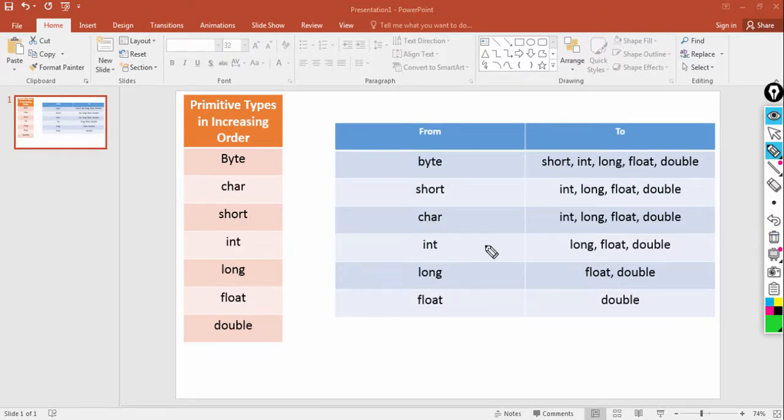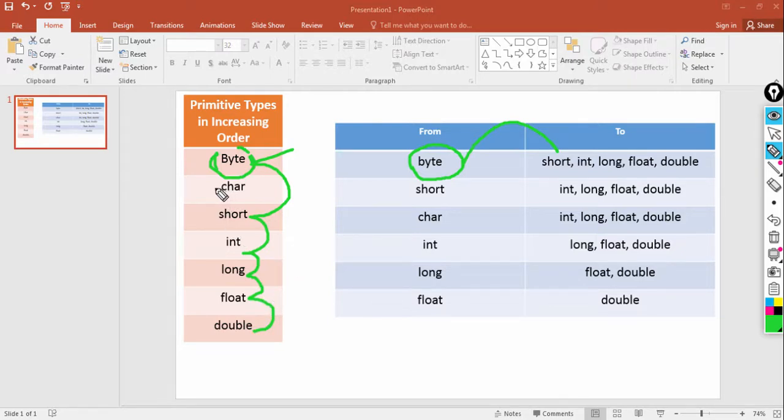Now, byte has got the smallest range, right? So automatically, if you try to store a byte type of data into short, int, long, float and double, it can be easily done, okay.